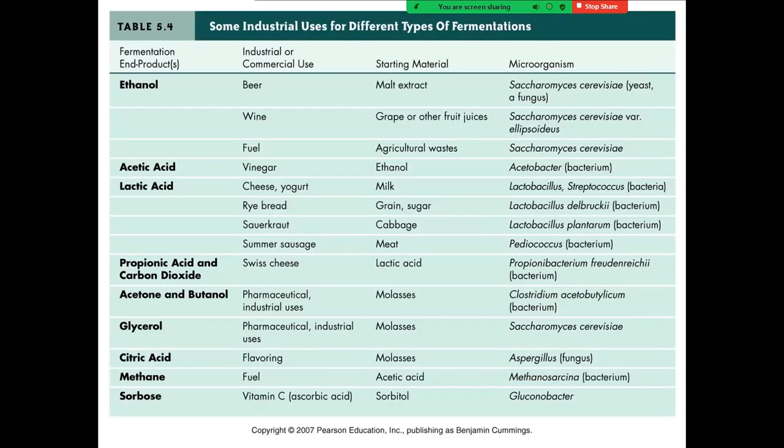All right, so this is showing you in a nutshell the different fermentation end products. It's industrial or chemical use, which I won't ask you about. And then the sorting. So ethanol made by a beer or spirit company, meaning wine, can be converted into malt extract. That's what it starts with. And then that will be converted into ethanol by fermentation. And really the only organism that does this is Saccharomyces,